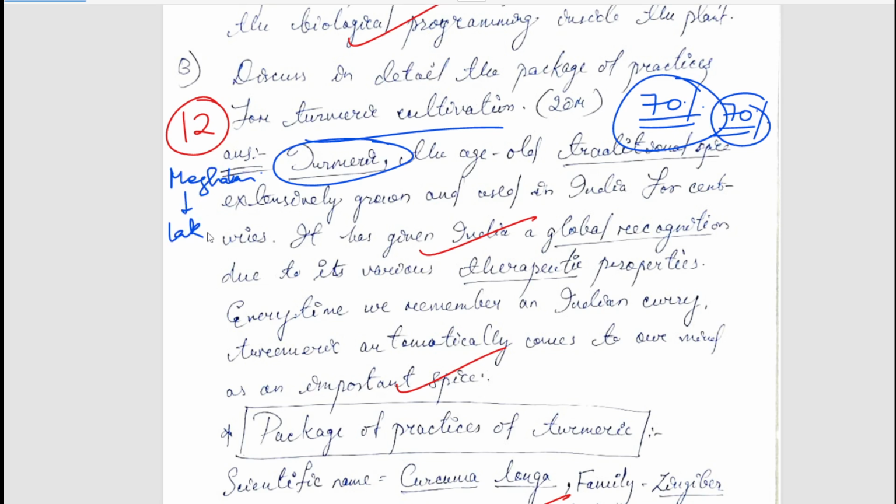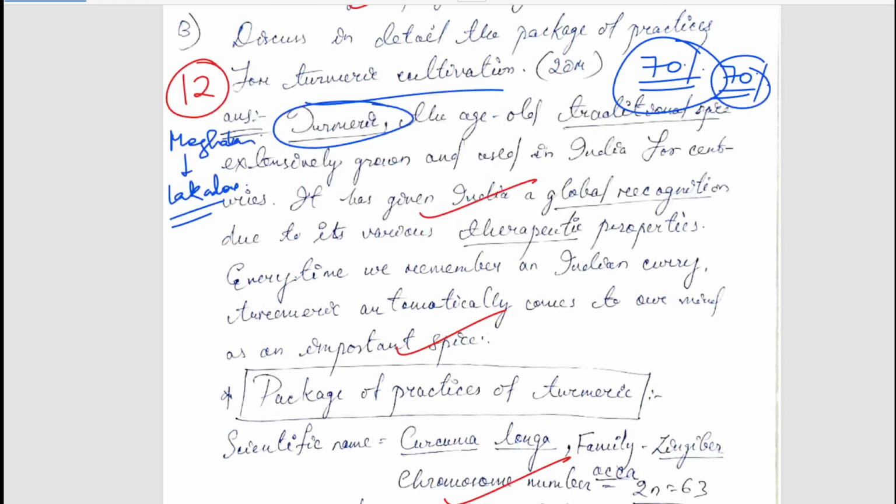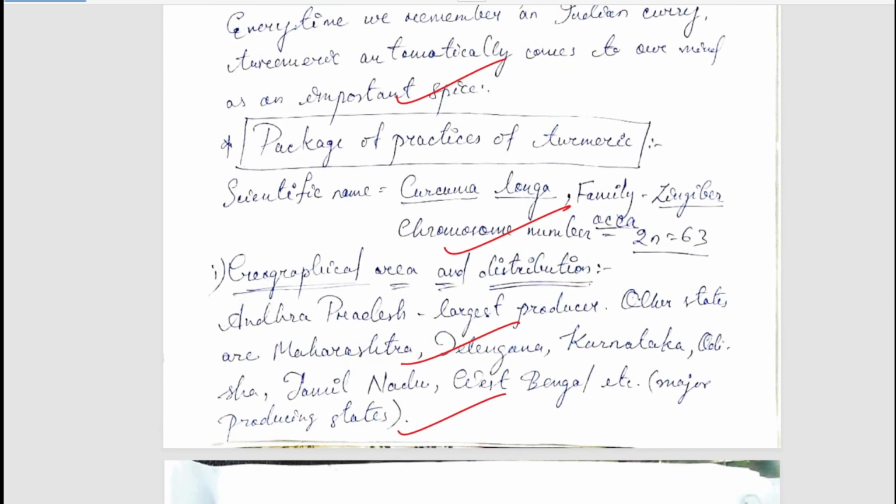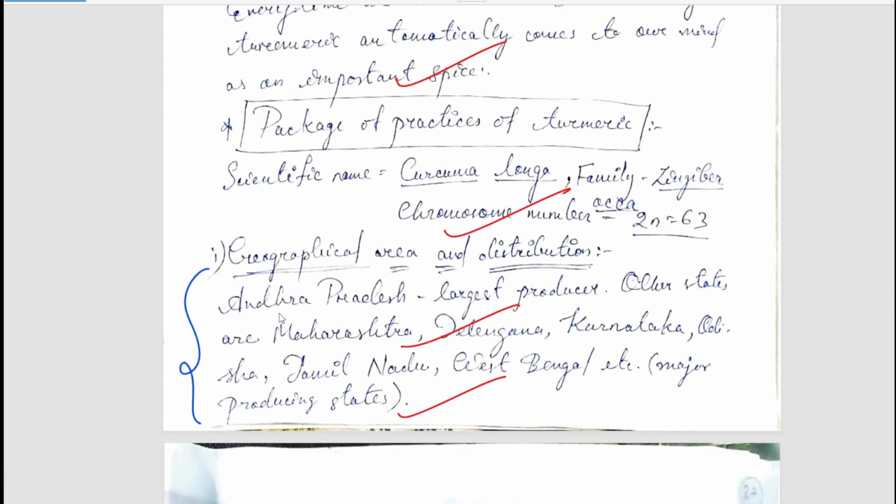I'm not sure of the name, but you should check it. It's like this Lakadong or something. Okay, it got the GI status. Now scientific name has been mentioned, geographical distribution have been mentioned that Andhra Pradesh is the largest producer,